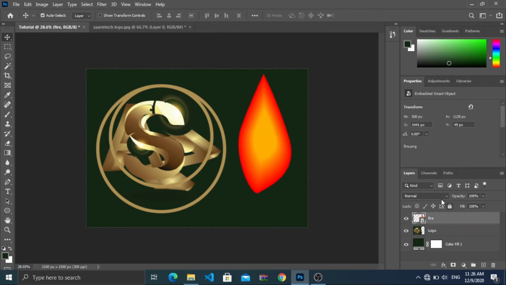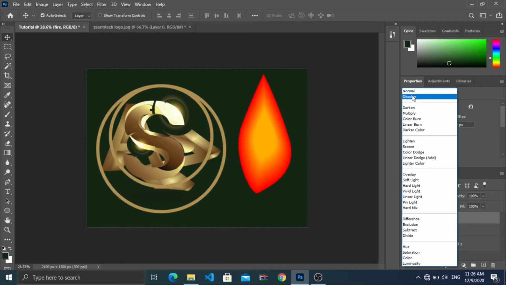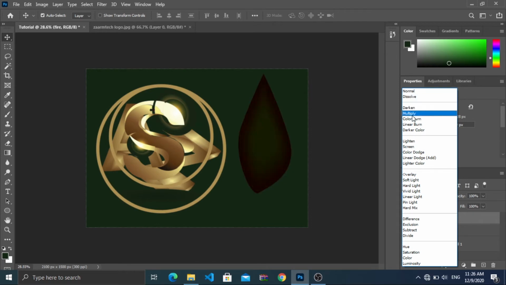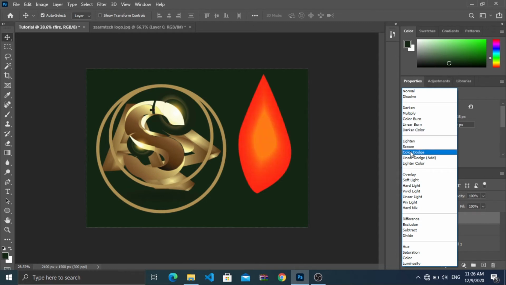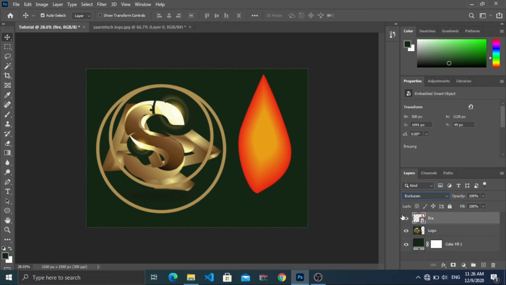Furthermore, you can change this using here. Let's keep it at 100%, select fire. Let's go here and see what these things do. You can always play around with these things anytime you want, and you can find the effect you always wanted. Let's keep this one on this exclusion. Now that we have this,